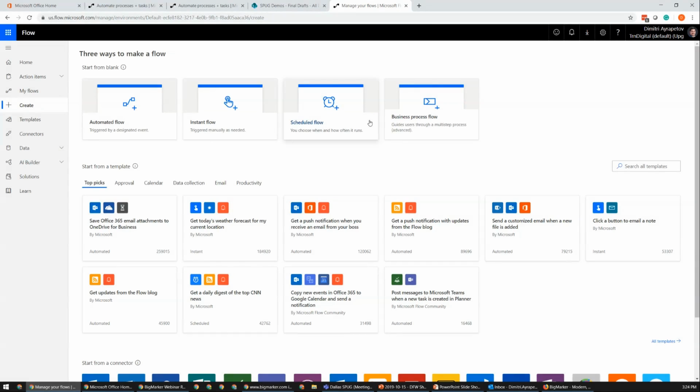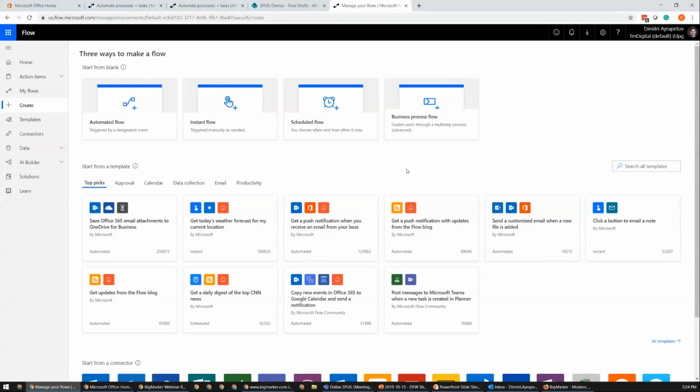So for some of our clients, we aggregate daily reports of changes made to libraries or lists. And with that, we can set it to run every 24 hours, get one consolidated list of changes, and then send that out by email. A business process flow is something that's a little bit more advanced. This lets you tap into your common data sources. So if you're doing much work with Power Apps and other common data models, this really lets you integrate more within that space.